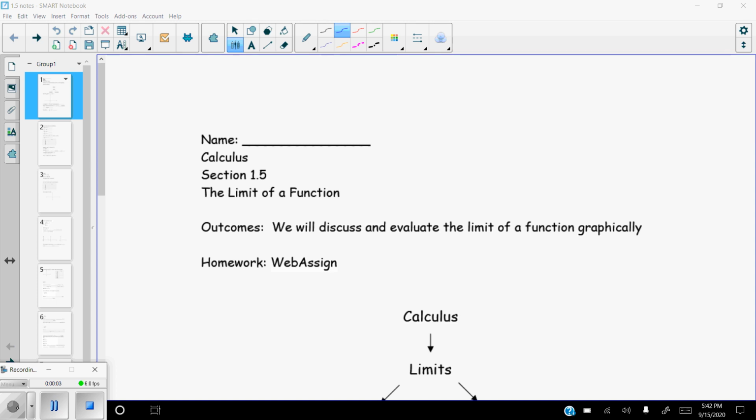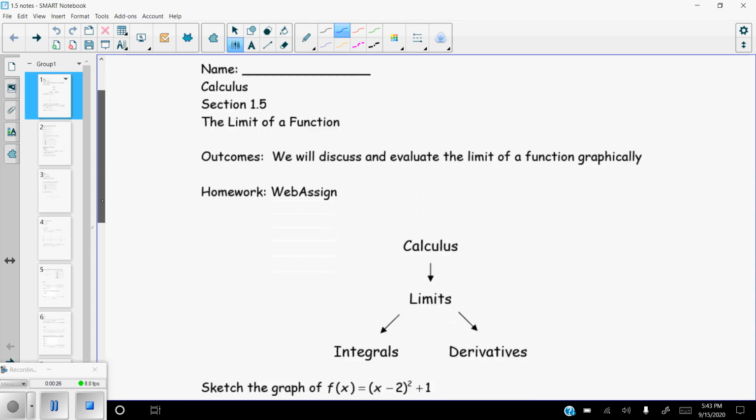All right, this is section 1.5. We kind of started discussing the concept of this in 1.4 when we were talking about the tangent and velocity problem. In section 1.5, we're actually going to be talking about the limit of a function. And today we're going to specifically focus on the limit of a function graphically. So let's go ahead and take a look